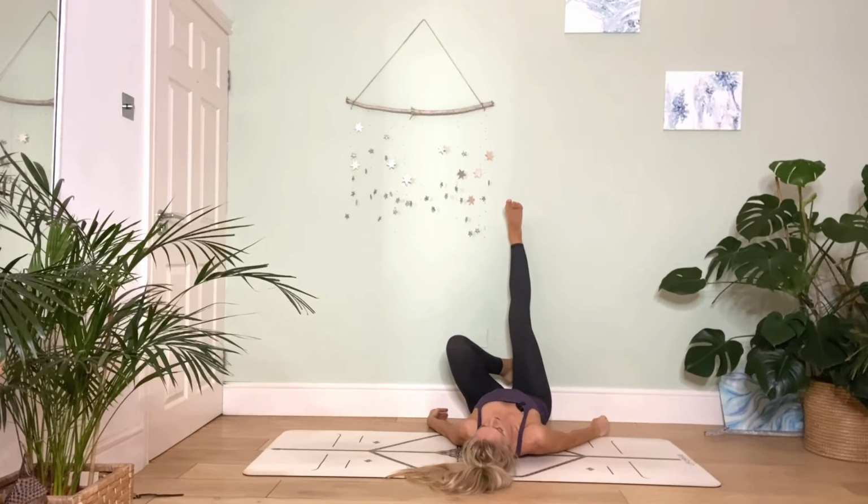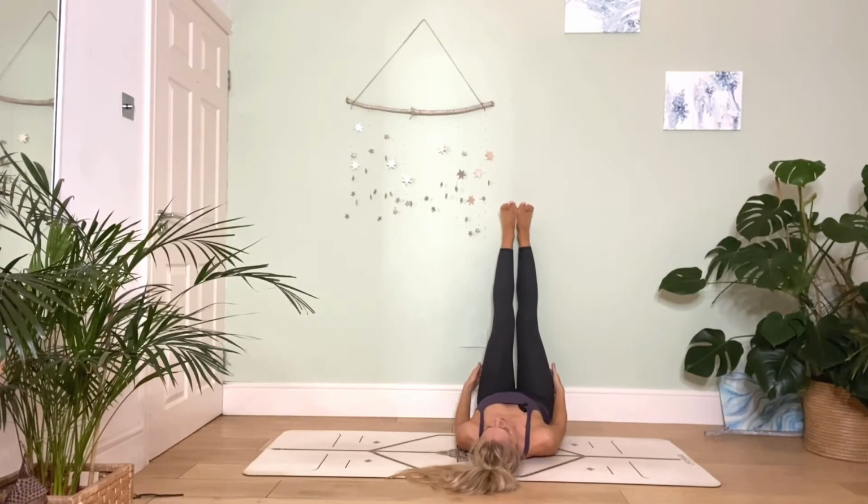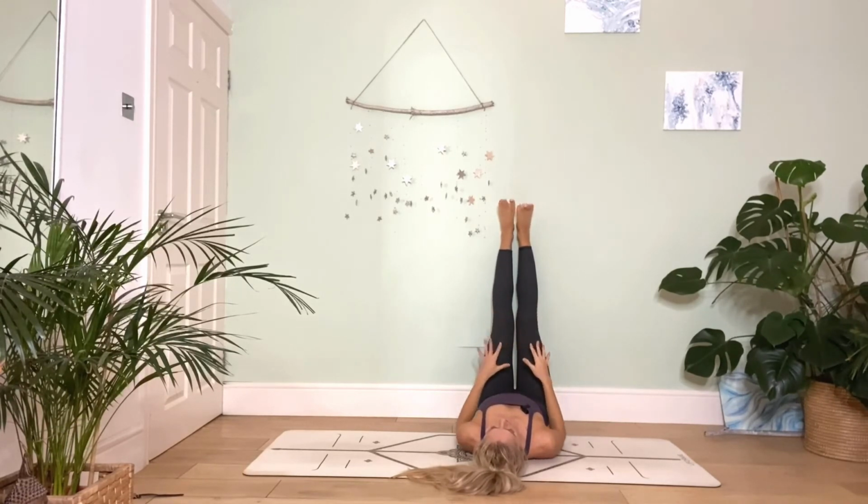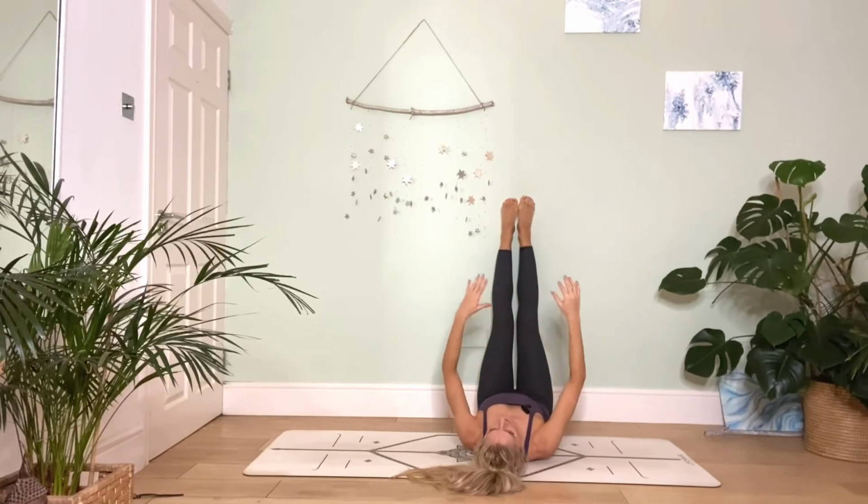Your feet on the wall. It doesn't matter if your hips are not completely to the wall, as long as it is comfortable, as long as your legs are elevated. You can wave through the toes, you can spread the toes, you can move your feet around, and then either